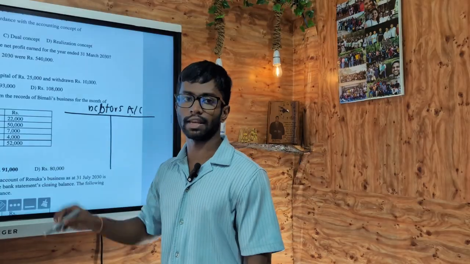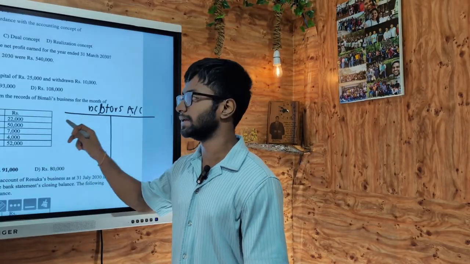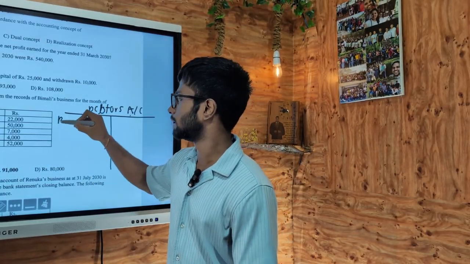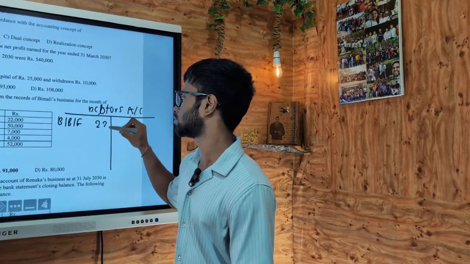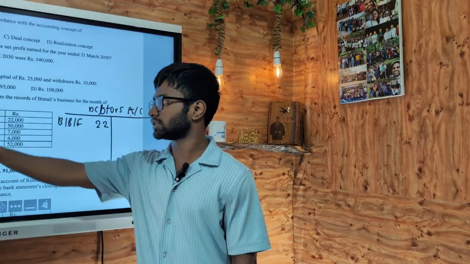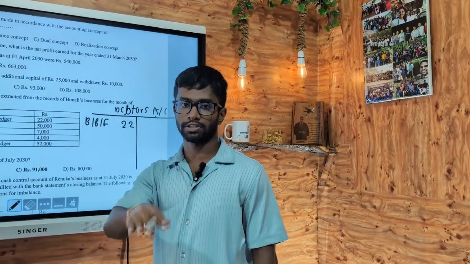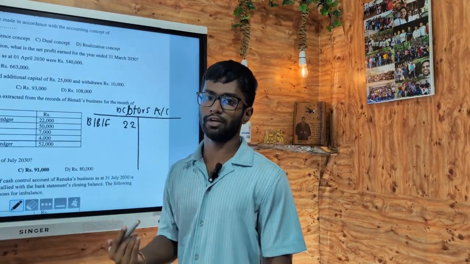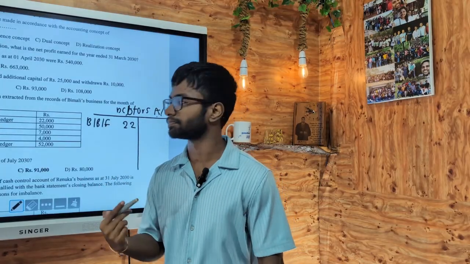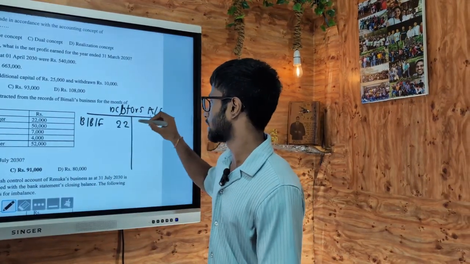When you say debtor, it's an asset. So opening balance will appear on the debit side. So opening debtor, we have 22,000. Cash received from debtor: cash debit, debtor credit. When debtor pays you, debtor balance will reduce now. They don't owe you money anymore. So your cash,